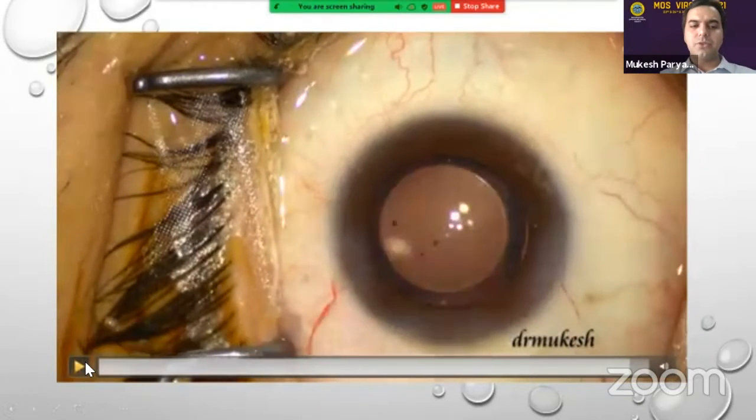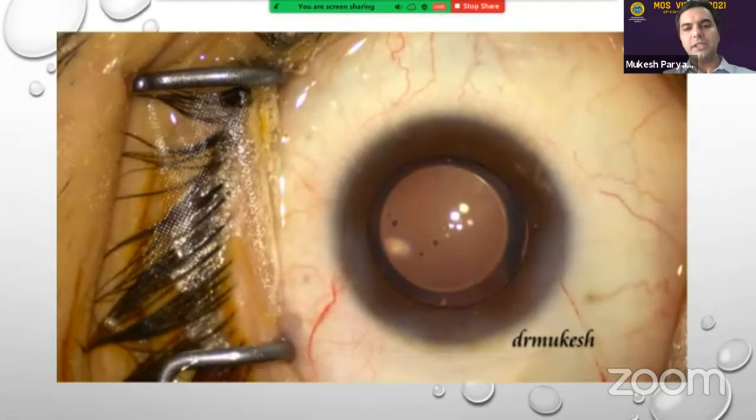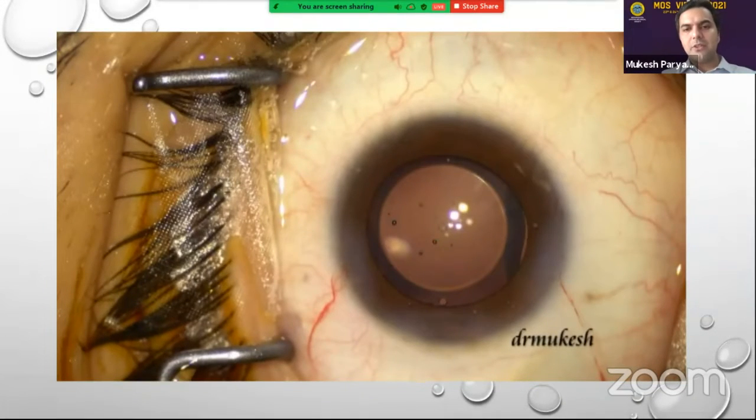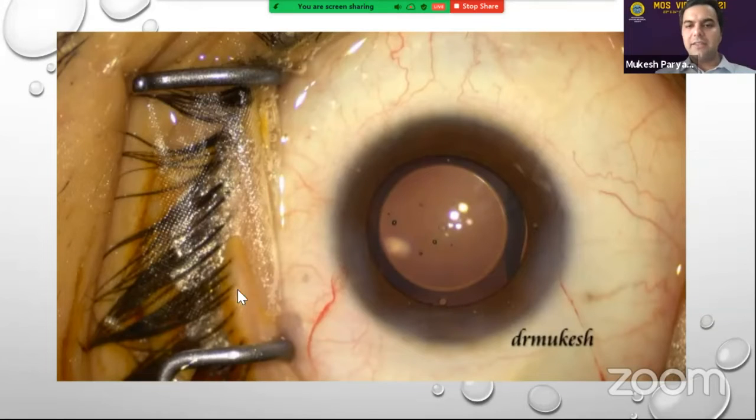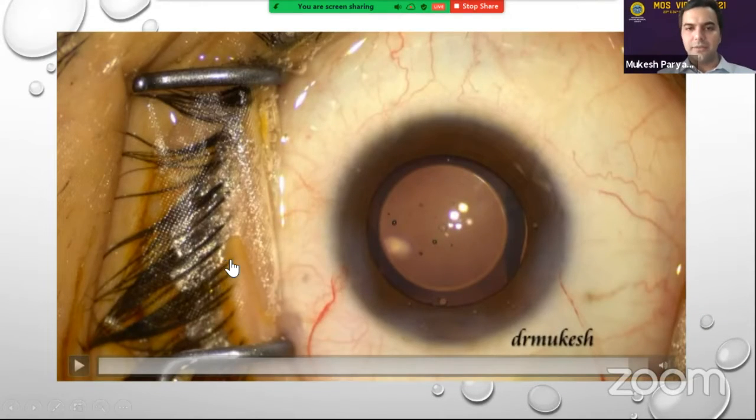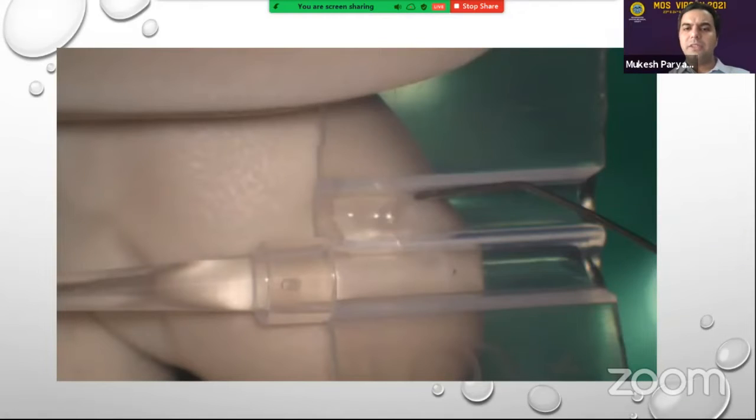Now we have shifted to using a sodium hyaluronate viscoelastic. The best part about the sodium hyaluronate viscoelastic is that it comes out as a bolus. The downside is that because it is of a high viscosity, when you're trying to take out the visco, there is a movement of the lens. Because when the visco comes out from underneath the lens, there can be a little bit of movement, particularly when you're implanting a toric phakic IOL. So that is the only part you have to take care of. Otherwise, any of the viscoelastics is good enough. Now we move on to the next one.